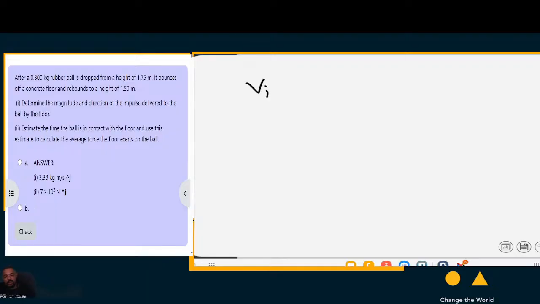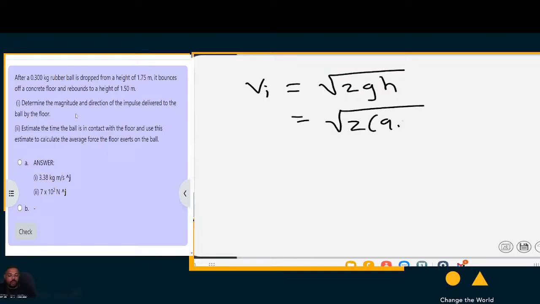Let's calculate velocity initial. How do we go about calculating the velocity initial? We've been given the height that this ball goes to. And so this is the velocity just before the impact, and the velocity initial is just the velocity just before the impact. So it will be equal to the square root of 2 times the gravitational acceleration times h. You have seen this formula before. And if we plug in everything, 2 times 9,81